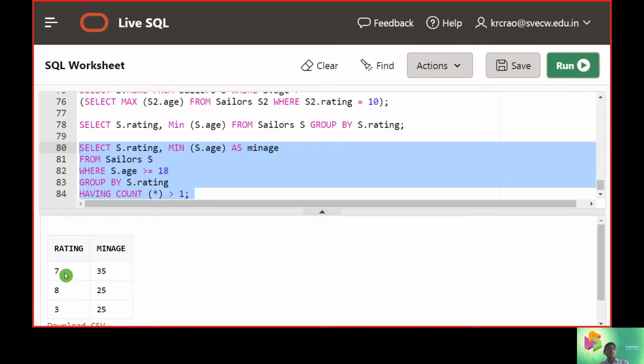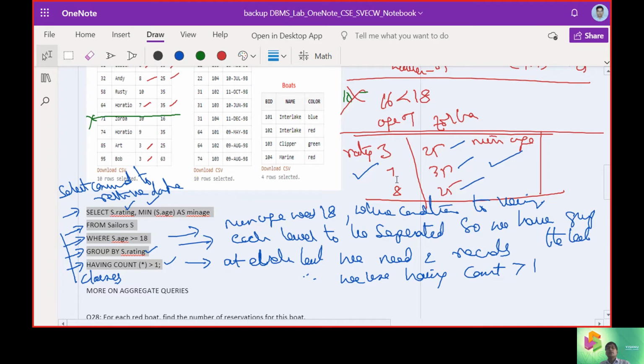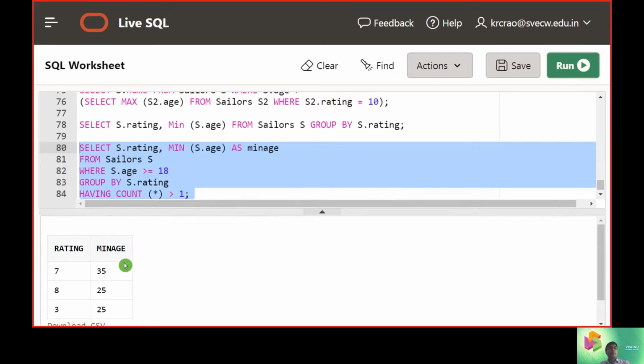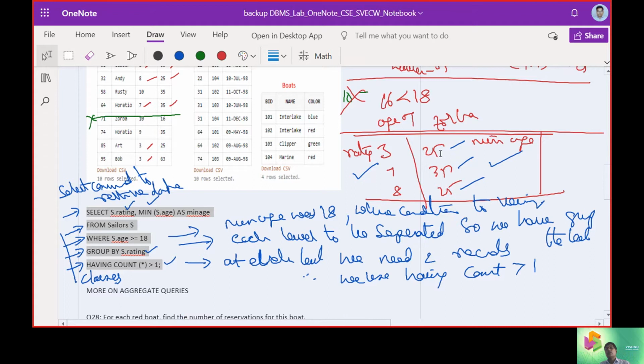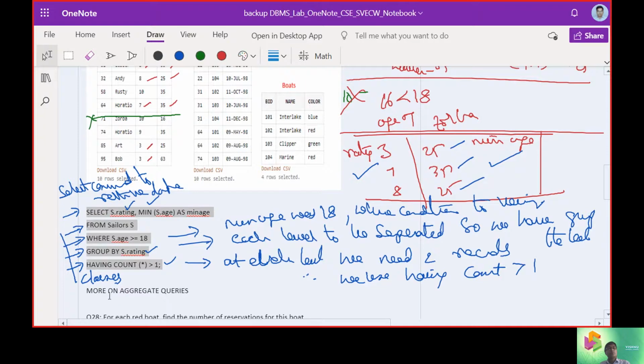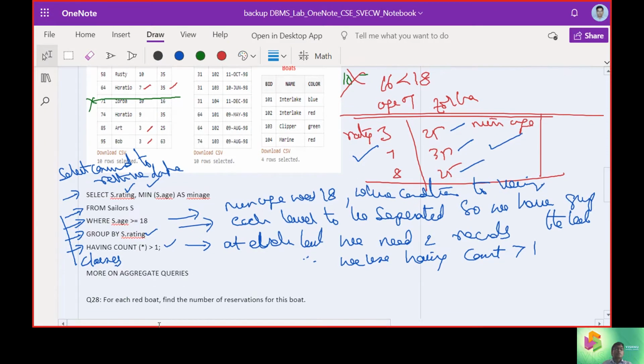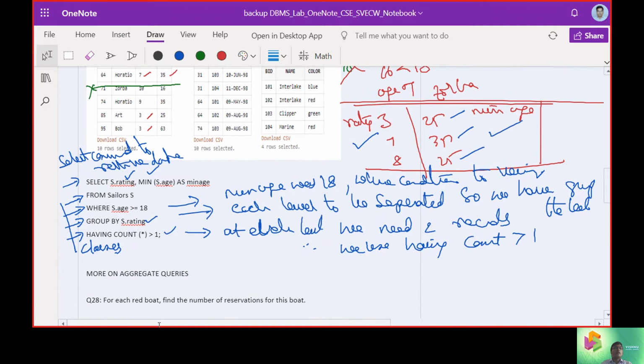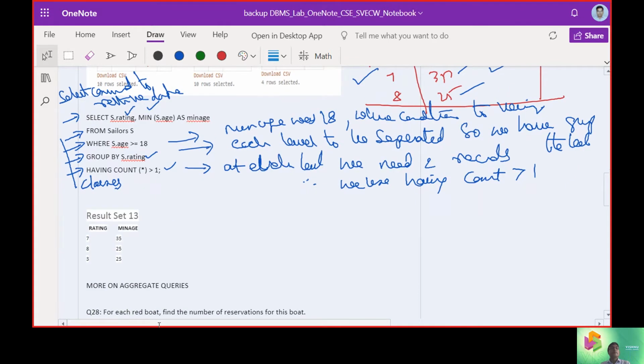Now you can see it is 7, 8 and 3, with ages 35, 25, 25. Of course the order is not there, but we get 25, 35, 25 for the rating levels. The order in which we input the records will appear.